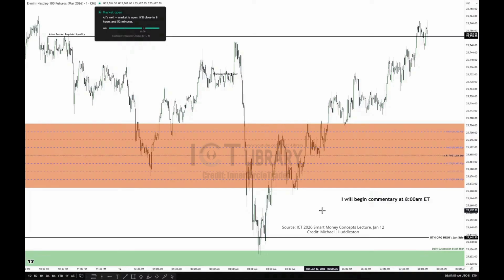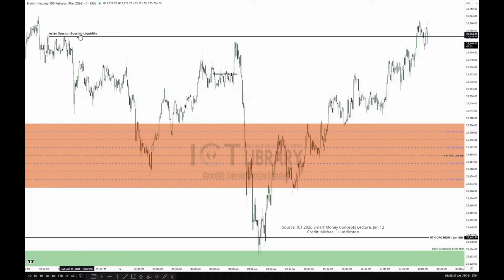If I can see a diagonal trend line, whether it be viewed as supposed resistance or support, when it's clean like that, when it's obvious, and it's diametrically opposed to what I think the market's most likely going to do next, I'll target those types of things. Otherwise, I'm looking for clean highs and lows. So Asian session buy side liquidity. Okay, and why is it being called that? And why is it important?